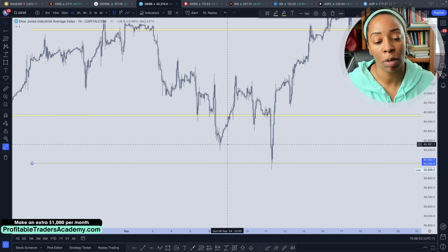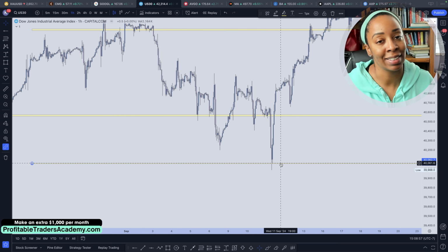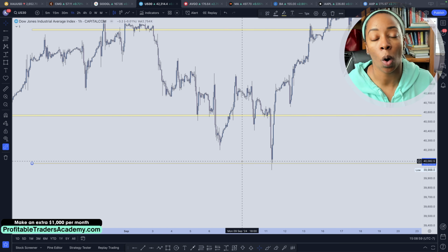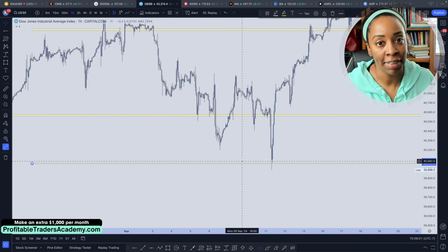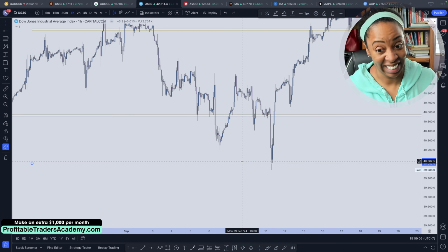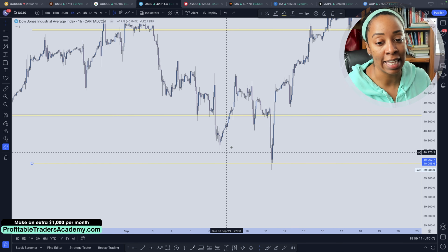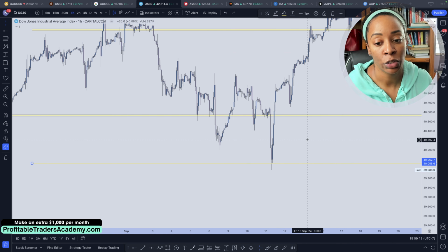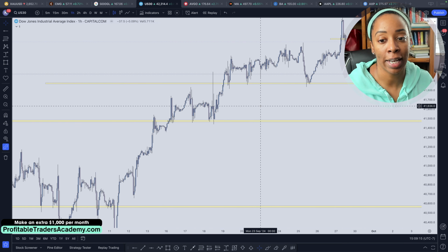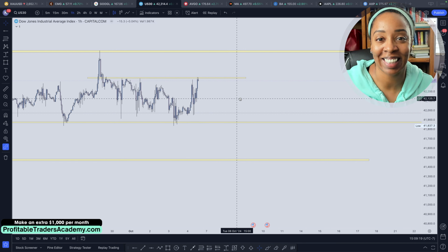And I moved it from here because this is an interesting area, but this happened more recently. So I'll look left, but I want to always prioritize the thing that has happened most recently. So in this situation, this happened more recent than this over here. So this is looking good to me. Okay, great. So now that we got all of our zones marked off, let's talk about the game plan for